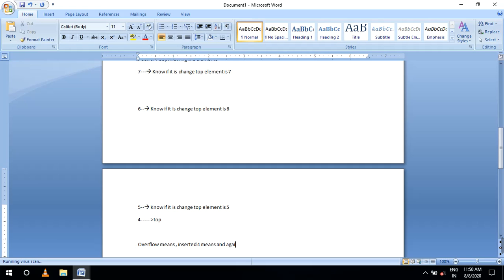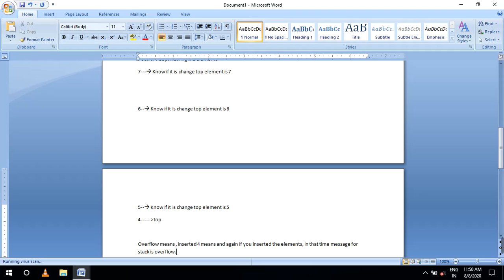If you insert another element at that time, you give the message that the stack is overflow.